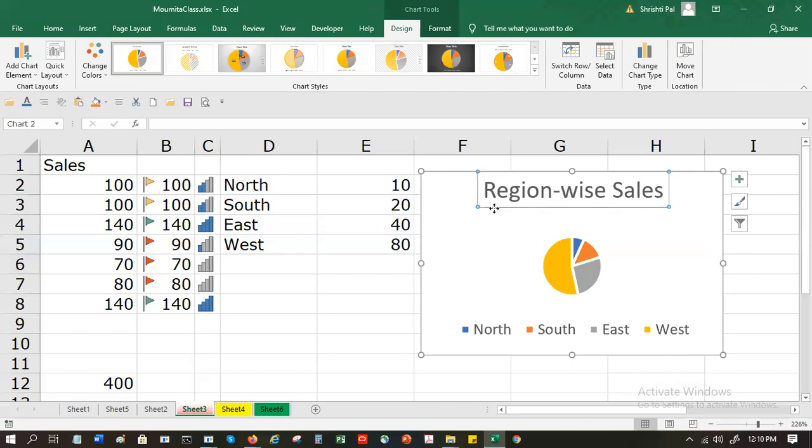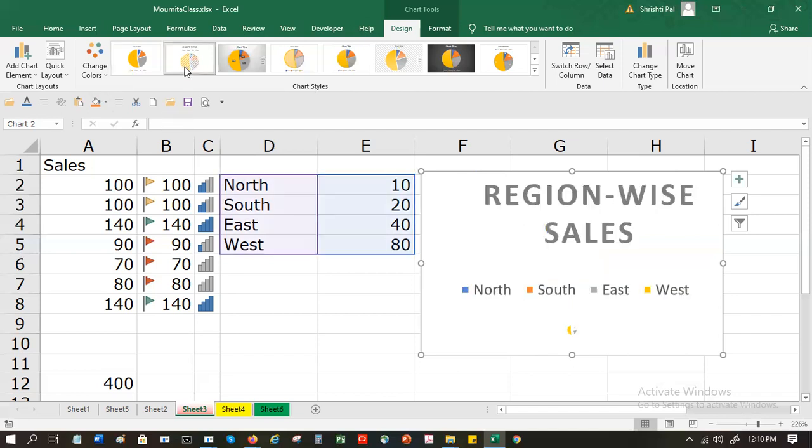This chart that we made, they have different styles. So if you look at this here right at the top under design, you will find there are different styles here. Do you see these chart styles? Yes. So if I highlight each one of them, it will give me a different sort of chart.